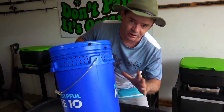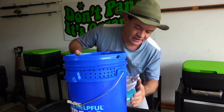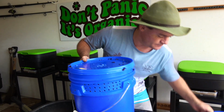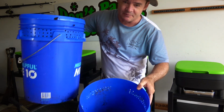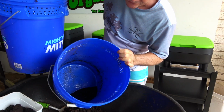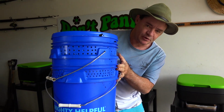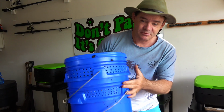We didn't need the side holes as much, unless you've got thousands upon thousands of worms in here, then that might be a consideration. So now that this farm has come into the man cave, we're catching our liquid compost down below, putting the worm farms in like that, and we're going to be building more of these in the future because I reckon